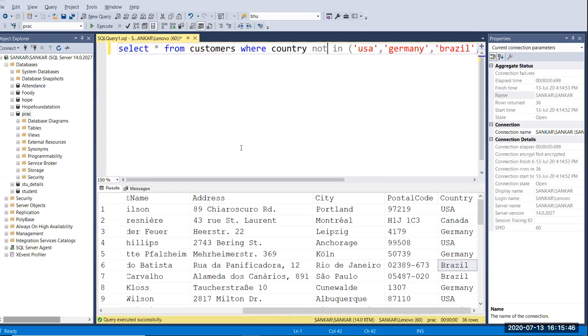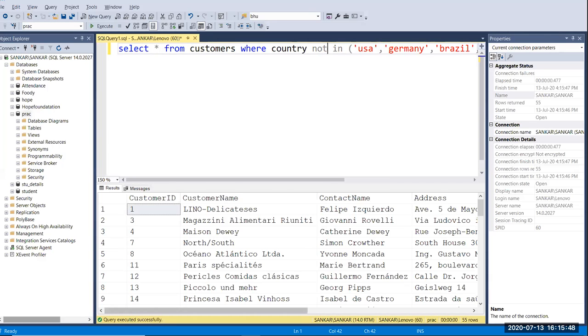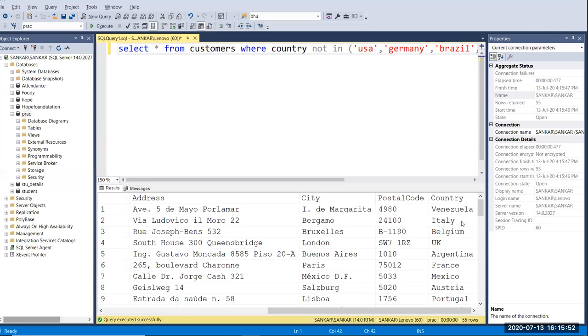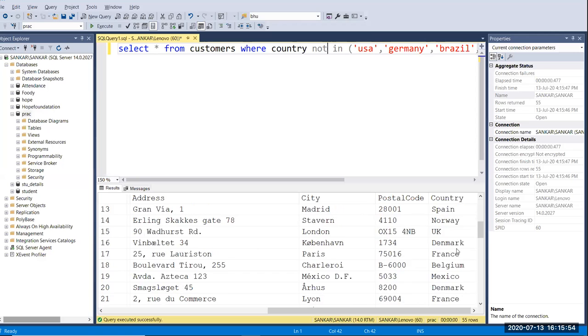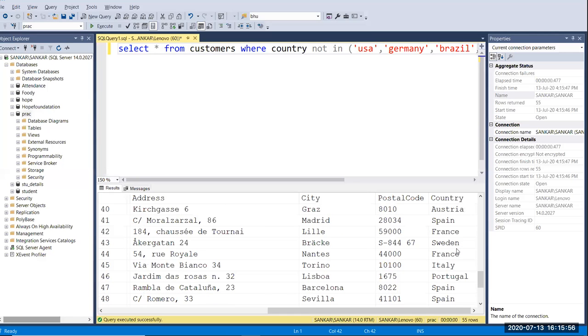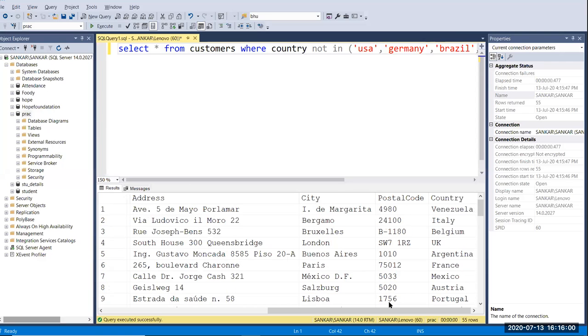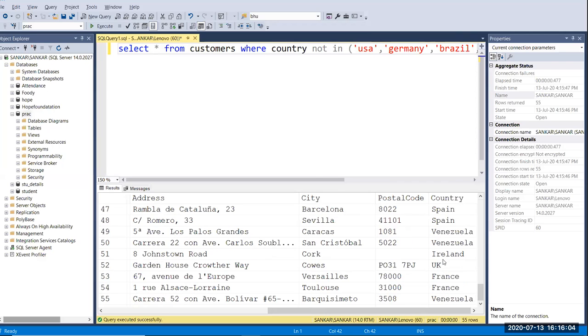Okay, so now I run this. Now you can see here, so we don't have USA and Germany and Brazil, Italy. Okay, the remaining countries are printed here, right? Okay, so you can use IN and also NOT IN by passing two or more values in a single variable.